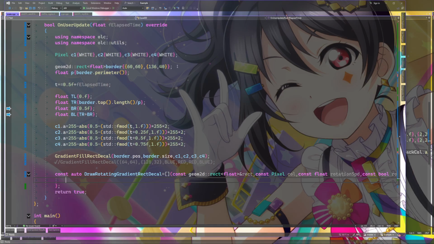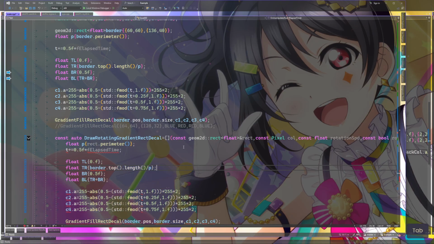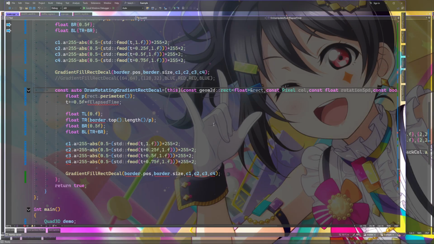Anyways, we can fill this in. So border becomes the rect. P becomes the perimeter of that rect. Include all this. We're going to assume this is going to go in the PGE itself. So it will have direct access to gradient fill rectangle decal. Border position, so instead of border, this is just rect.